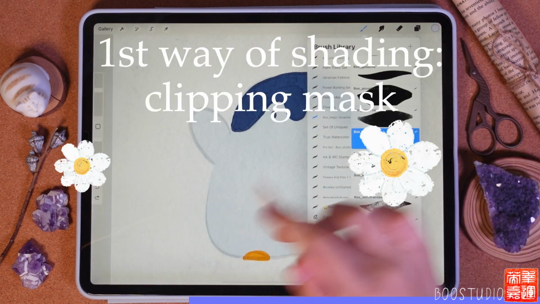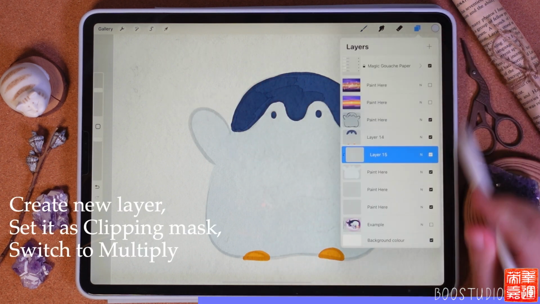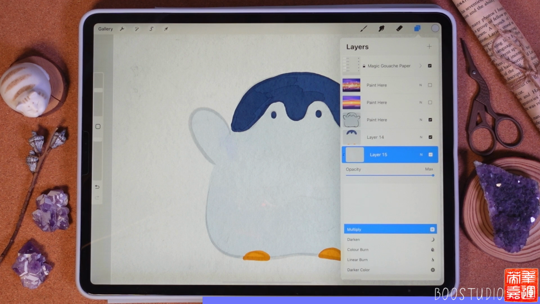We're gonna grab a soft brush, grab a purple color, move to multiply,